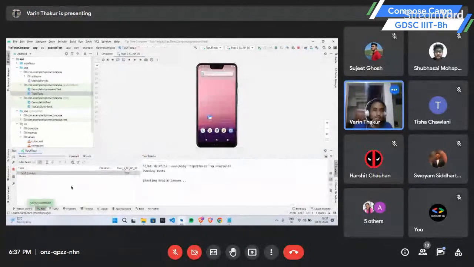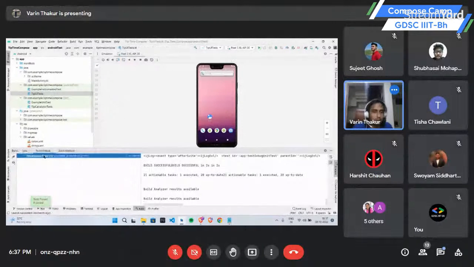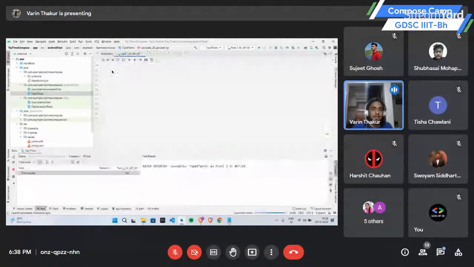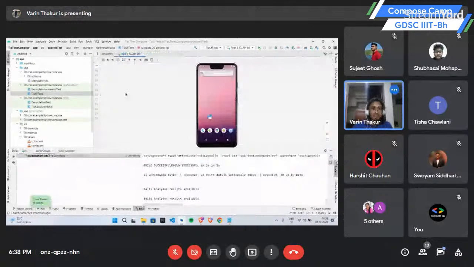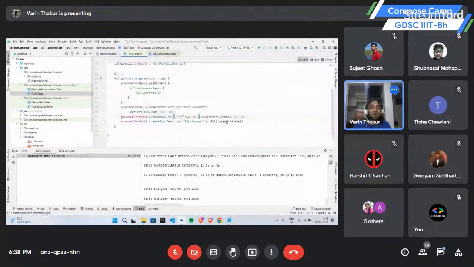Let me just rerun it. Yep, so it says tip calculator is built. So you can run UI tests, and if they pass, it will show that no problems were found. However, if there is an error in our code or the tip amount is not matching, for example, if I say it should be $1, which is wrong, the output should be $2, right? It should not be $1. So if I run that test again,